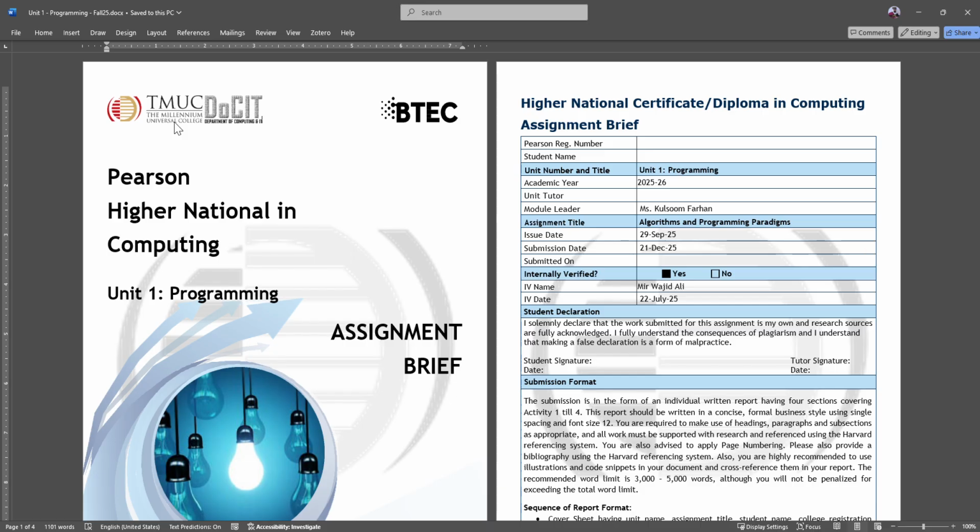Today we are going to discuss the assignment brief for Unit 1 Programming of the Higher Nationals Program in Computing. So the purpose of this recording is to give you an insight into how you are going to attempt this assignment brief and how you can achieve the highest grades, inshallah. To start with,